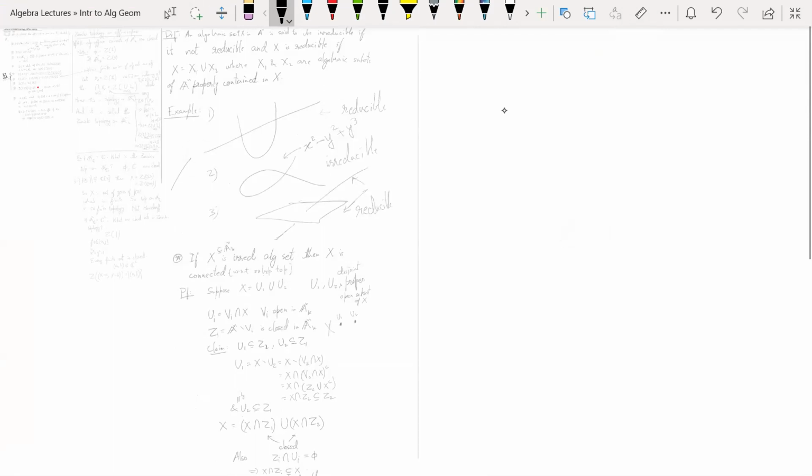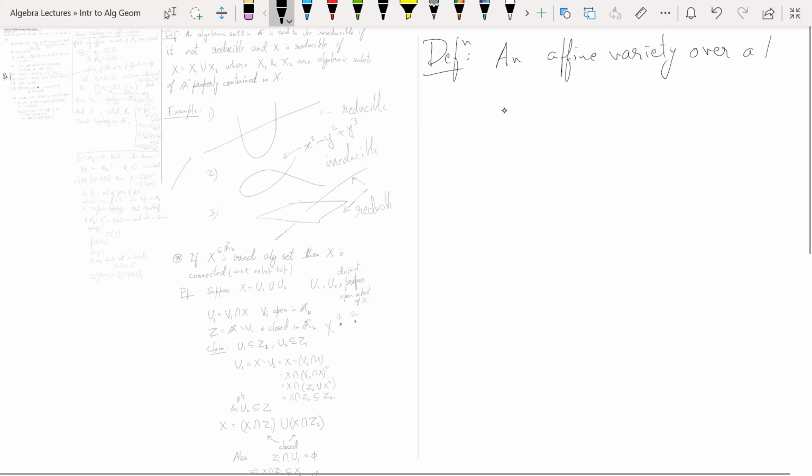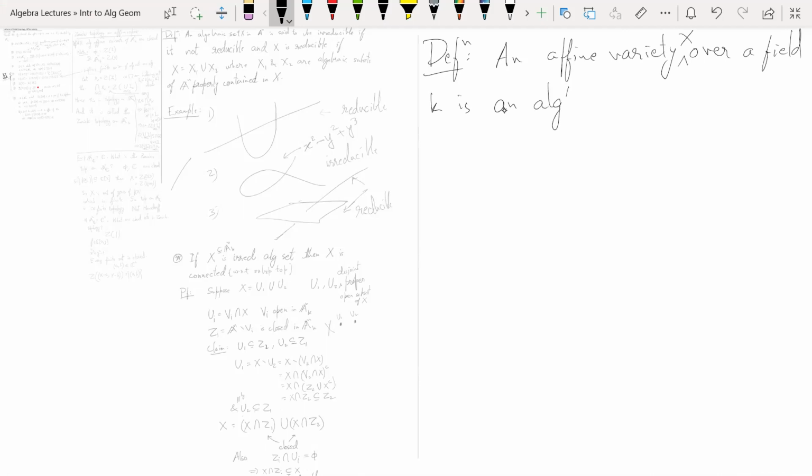Yeah. So definition: an affine variety X over a field K is an irreducible algebraic subset of A^n(K)